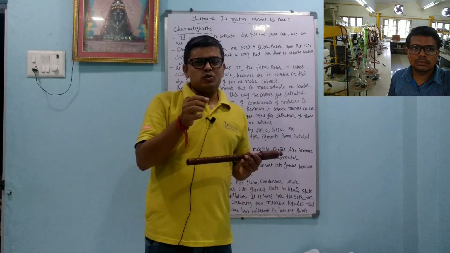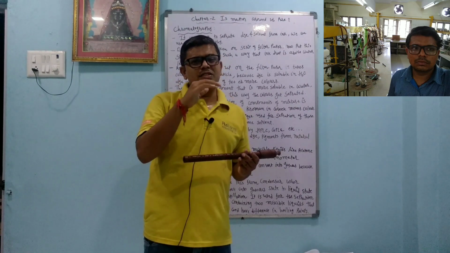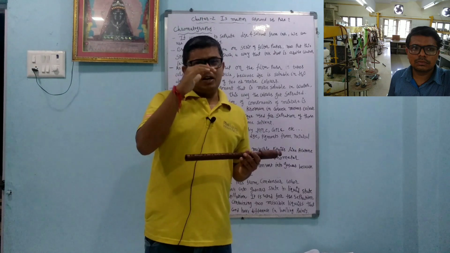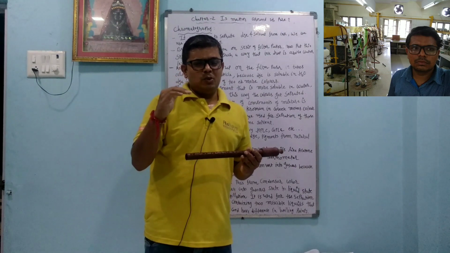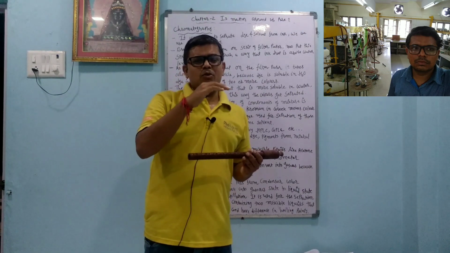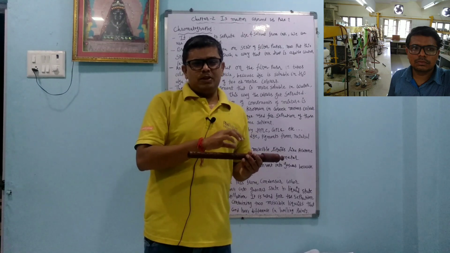The thermometer is used to separate the liquids at different temperatures, like acetone separates at 56 degrees Celsius. So we come to know that now the temperature is 56 degrees Celsius, now acetone comes out. At 100 degrees Celsius temperature, what will come out? Water comes out. So that is the role of the thermometer.